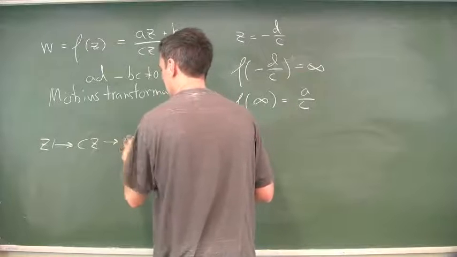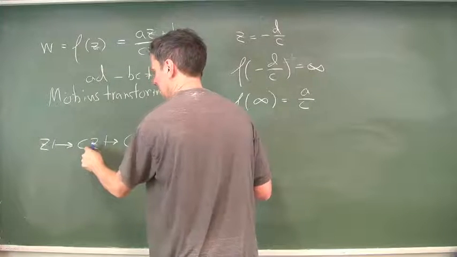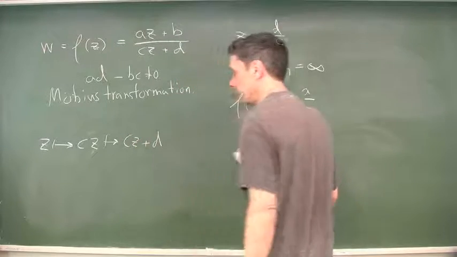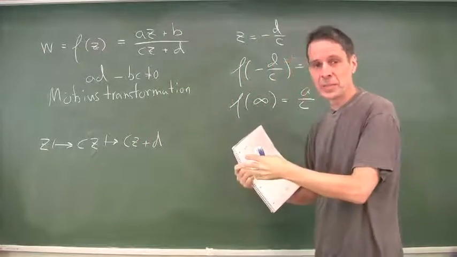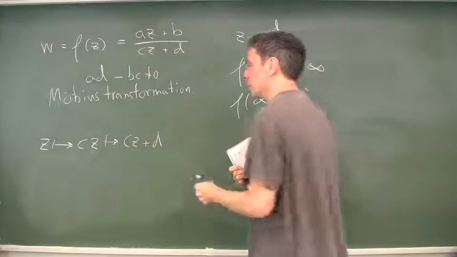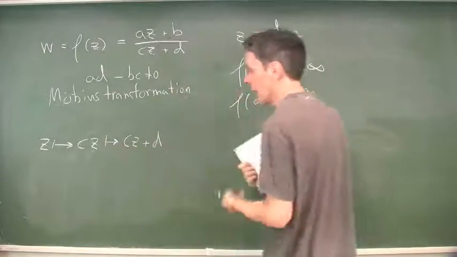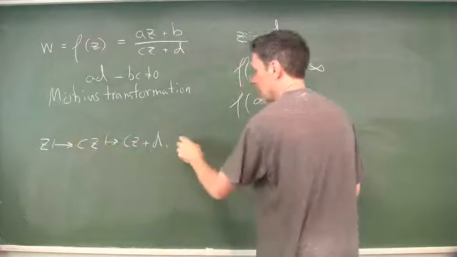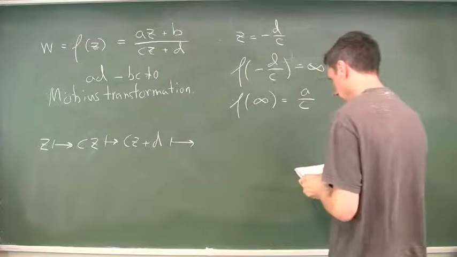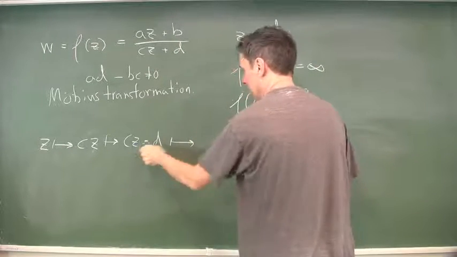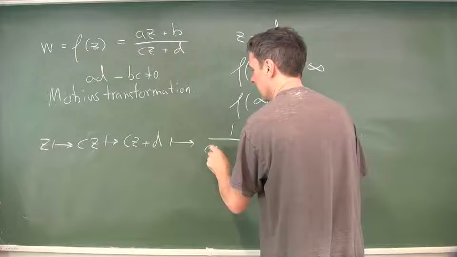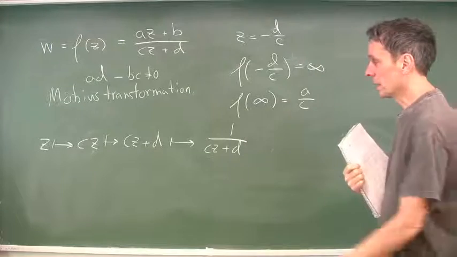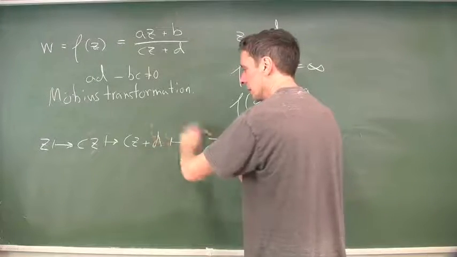And then, next step, you map this number to C times Z plus D, which is just a translation in the plane, which of course also takes lines to lines and circles to circles. But these are sort of trivial steps, but here comes the essential step now. In the next step, you map this number to 1 over C times Z plus D. So this is really applying the inversion map. And this is really